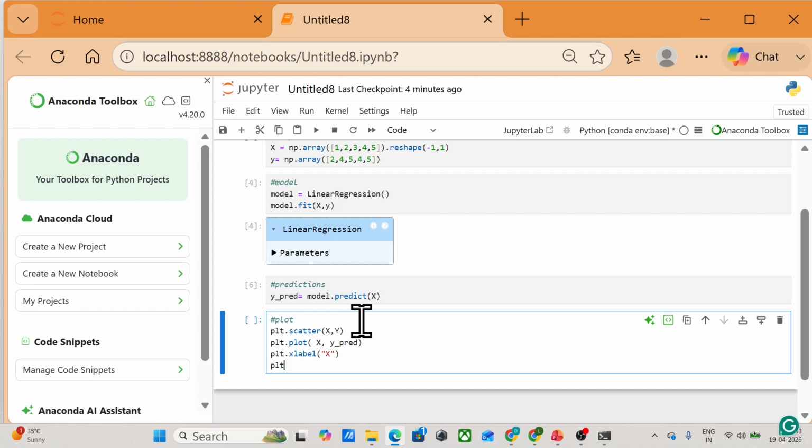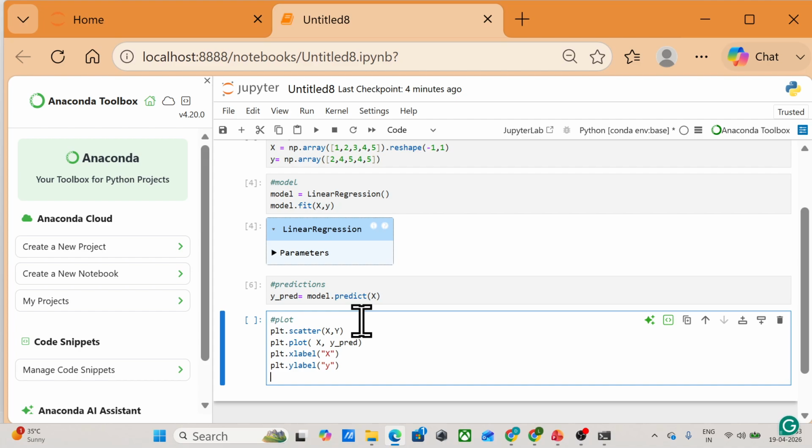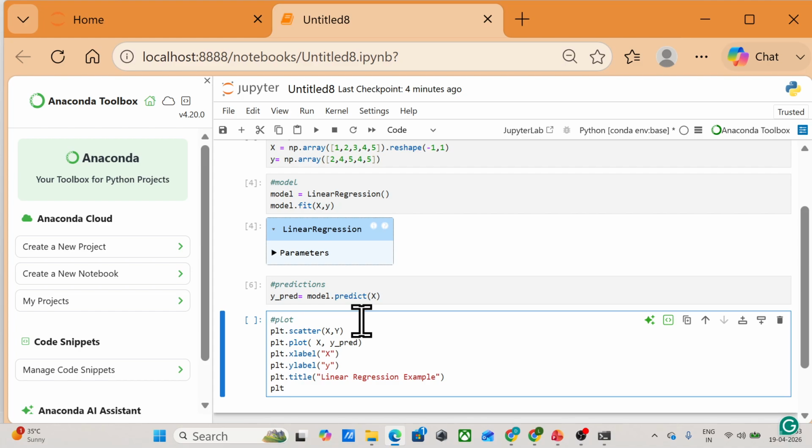Similarly y label, and then we'll need a title. You can take linear regression example, and then show.